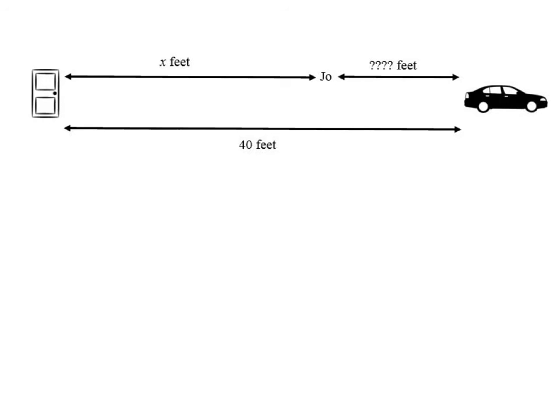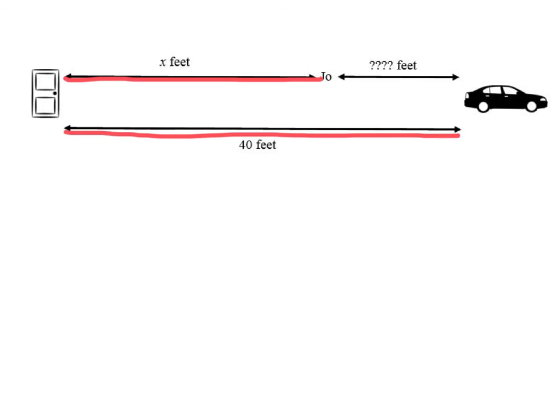And Jo's distance to her car, another varying quantity, is also changing as Jo moves. It's decreasing. However, we can see that both of these two distances must add up to 40 feet, a fixed quantity in this situation. So this diagram allows us to see that if we take the 40 feet and subtract off x feet,